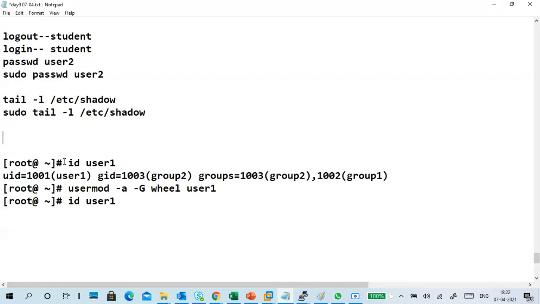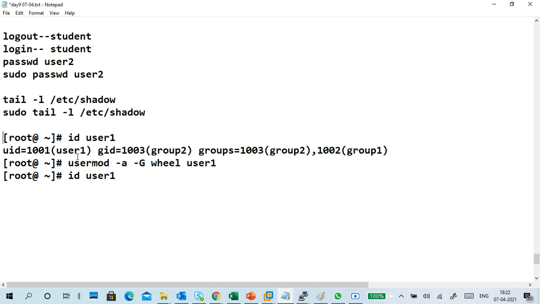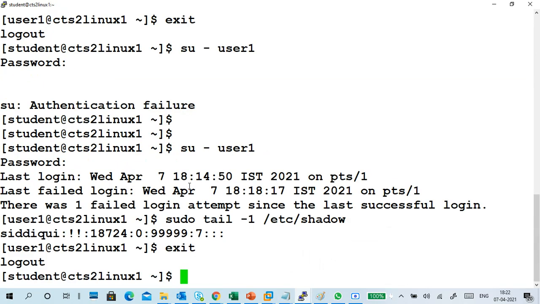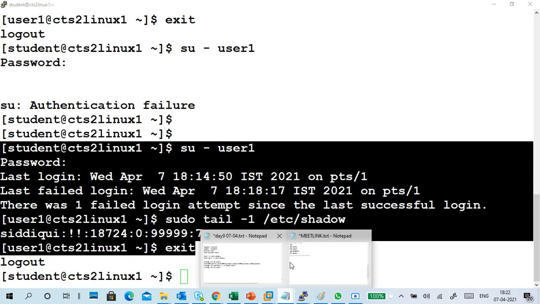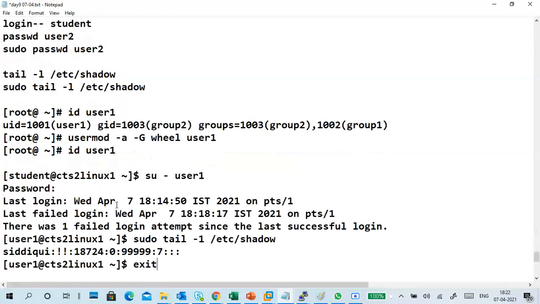Then we do it as a user, or you can log in directly.